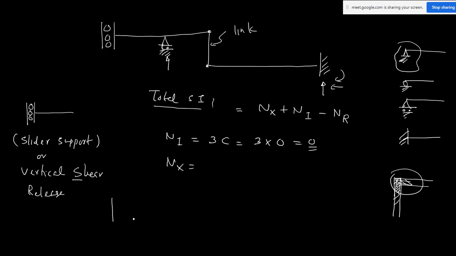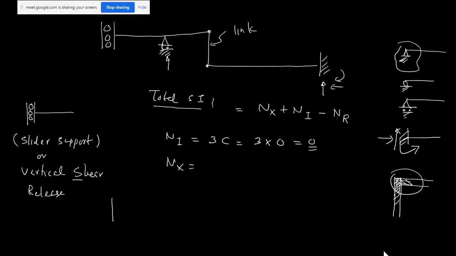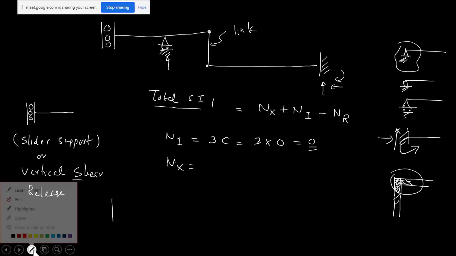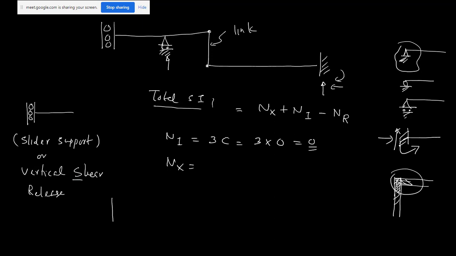The meaning is, if you take a fixed support, I will have a horizontal reaction, a vertical reaction, and also a moment. If you have a fixed support, we have three unknowns: two reactions and one moment. But this kind of support is a representation, not the real support. It is how you represent that joint in a simple drawing. You draw the fixed joint like this, and if you have a roller support, we draw it like this.